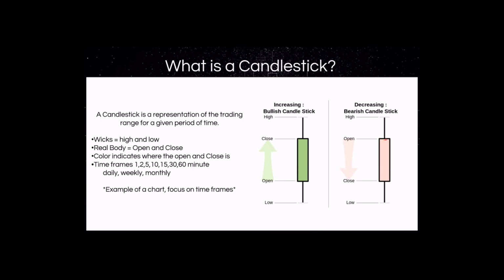So you can see the open here, and we closed lower, so it's a red candlestick because the price went down on the day. So the wicks are the high and the low. The real bodies show you the open and the close. The color indicates that. And the time frames, there are pretty much infinite time frames you can be looking at. The 1 minute, 2 minute, 5 minute, 10 minute, hourly, all the way up to daily, weekly, monthly, yearly, and so on and so forth. So let's now look at a chart and see some examples of what these candlestick shapes